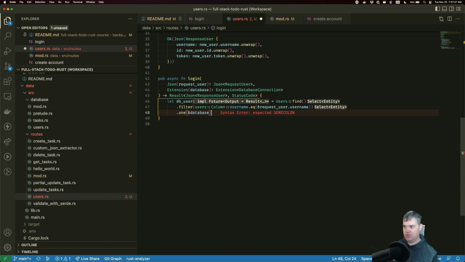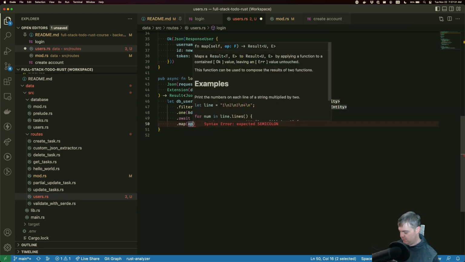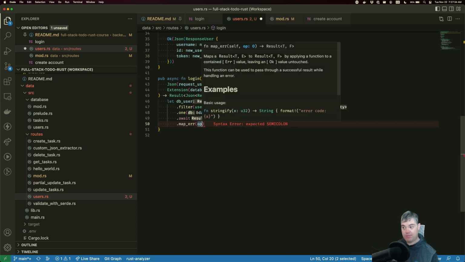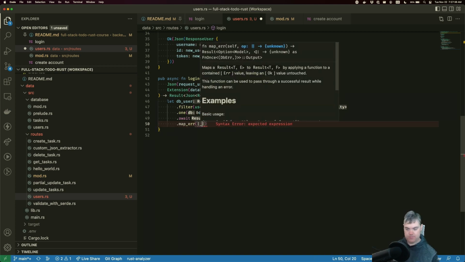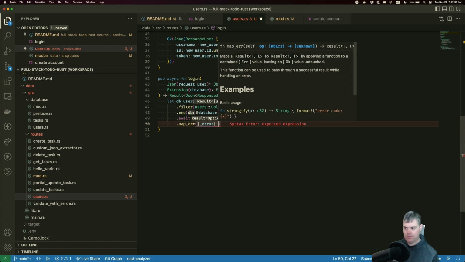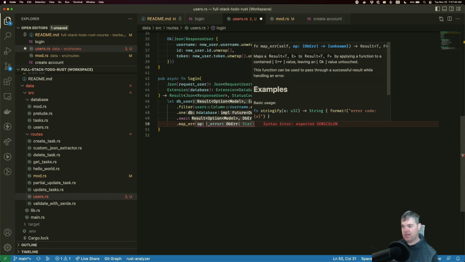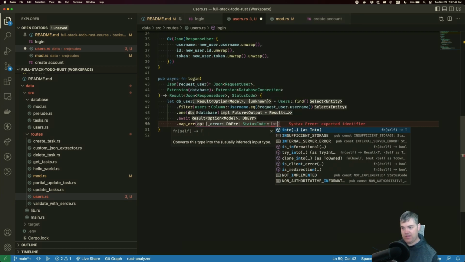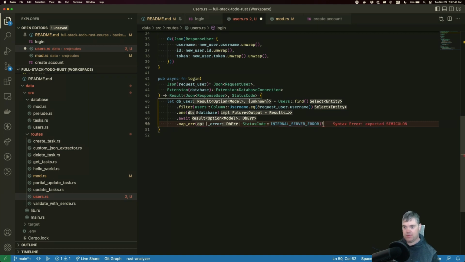So we do one, we await this, we then map the error. If we get this error, we're going to return a status code of internal server error. And we can then question mark semicolon that.